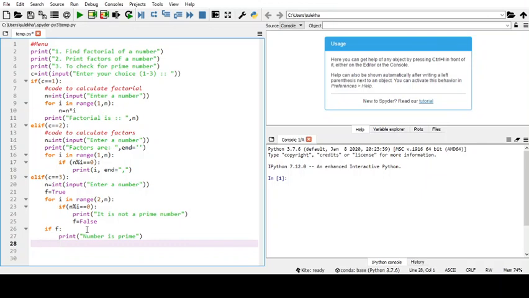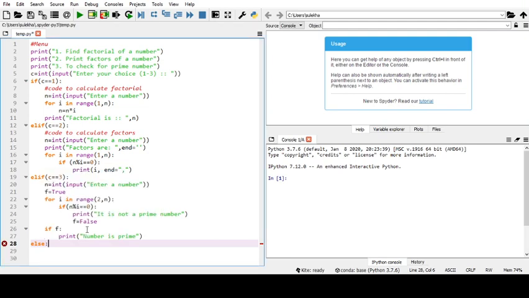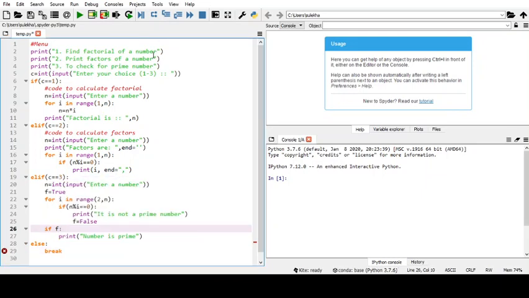So option third is also done, and at the end we will write else. We need to do nothing. So here we will write else, break. Fine. Now if I run this program, you can see the output.